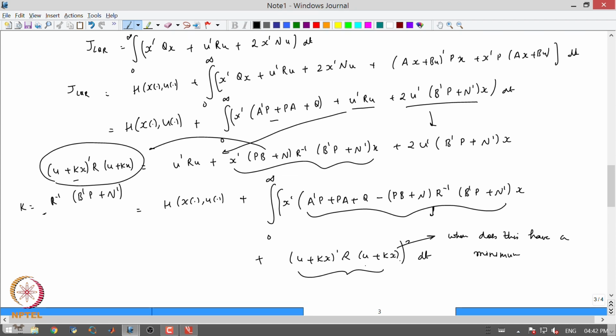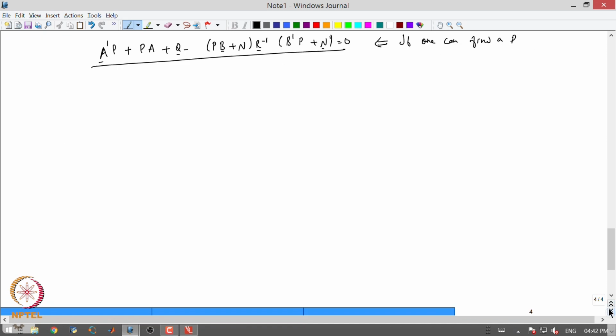Okay. So, it is a straightforward answer, right? This will have a minimum when, okay, let us write down a little more systematically. So, this term u transpose R u plus K times x will have a minimum when precisely u equal to minus Kx, with K given as R inverse